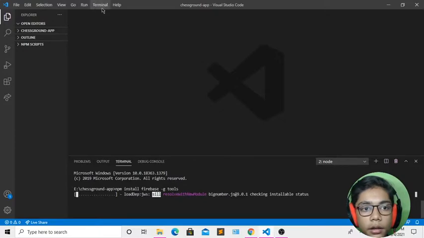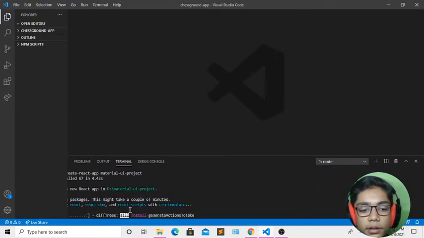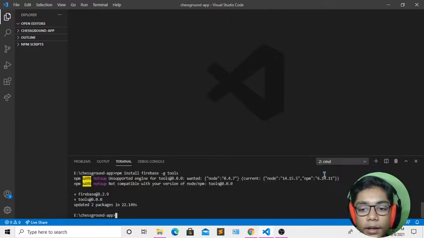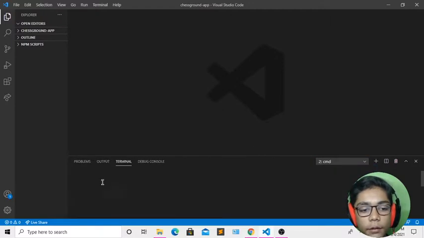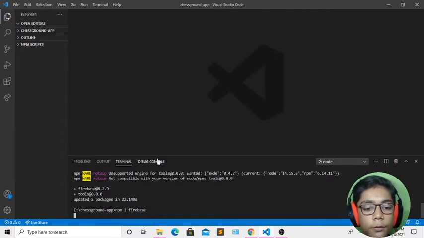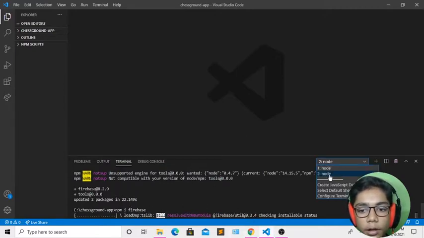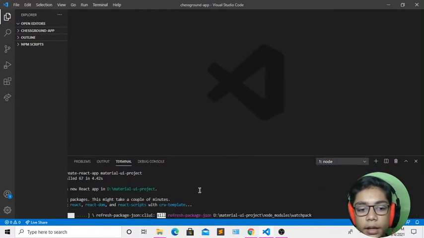While it is downloading, I will go to my previous terminal in which I am downloading my React app. I will open that, and you can see it is still downloading because it is collecting the data and downloading React DOM, React scripts, and many of the templates we need. Then I will go to my second terminal, and you can see it has downloaded our Firebase tools. Then I will write npm i firebase, like I told you, it is a short form of npm install. Then you have to wait because it's installing. Then I will go back to my first terminal and check whether my React app is created or not.